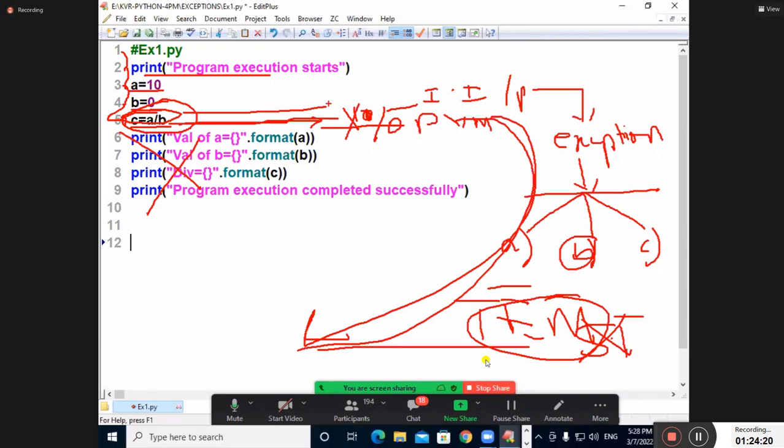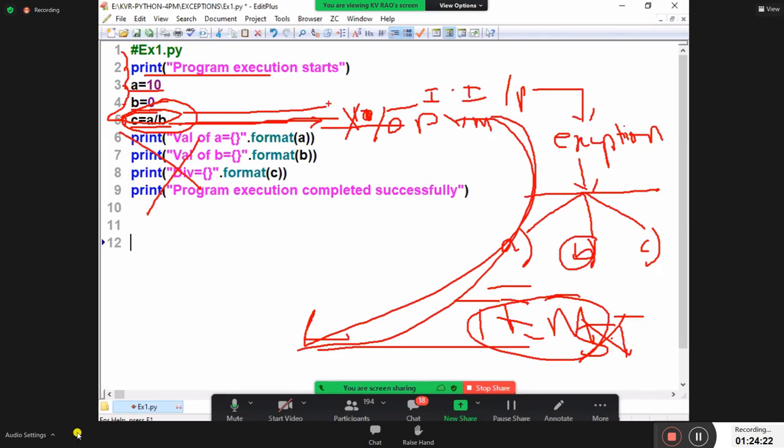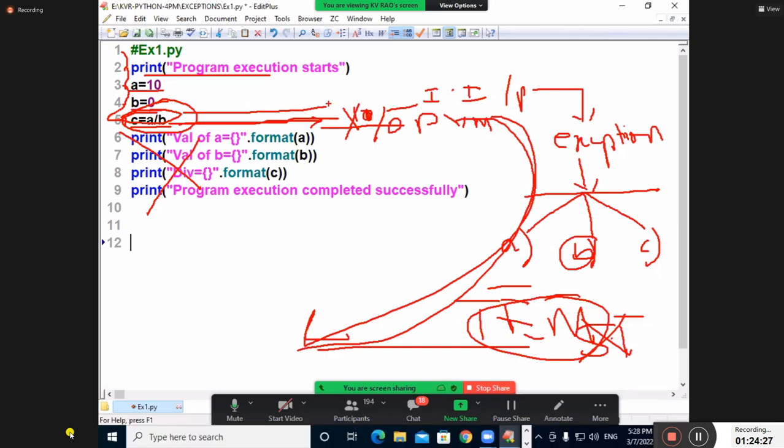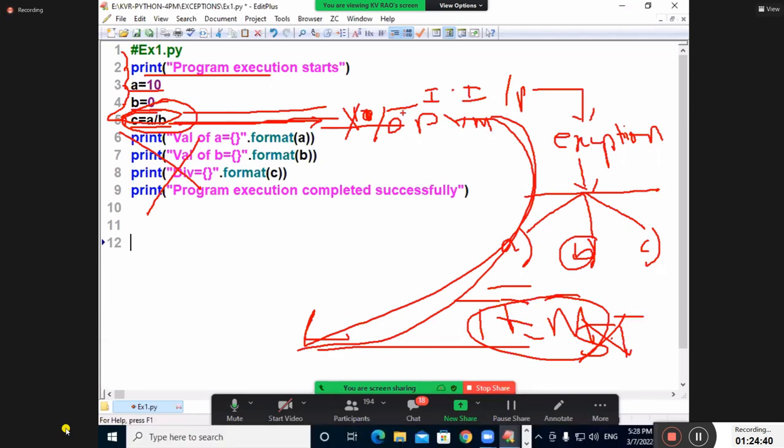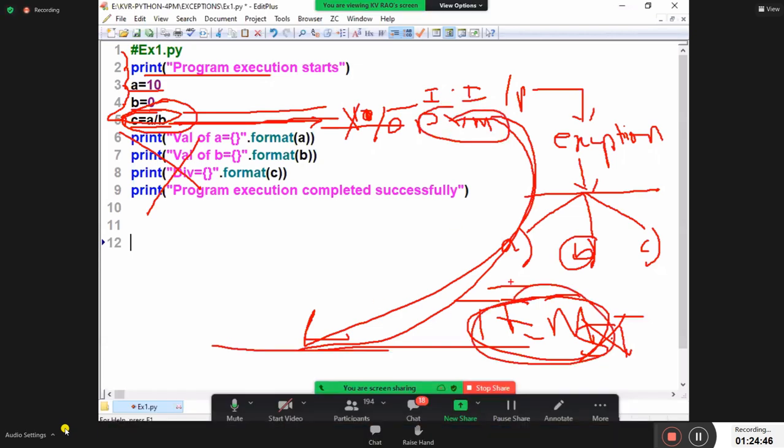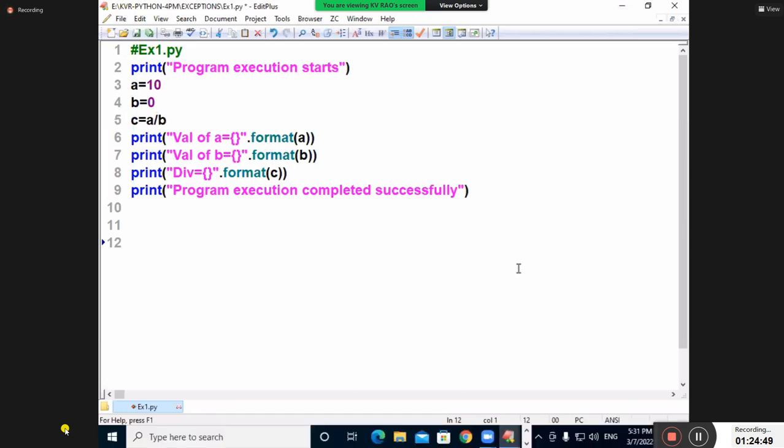A student failed 20 times with backlogs, everything, and the university recorded that he is an ultimate student. So what is that called? Abnormally terminated student or not? Finally, I am going to give you the clarity. When an exception is occurring, how many steps are taking place? 3. Number 1, program execution is abnormally terminated. Second step is what? PVM comes out of the program flow and generates by default which message? Technical error message. Are you okay, students?